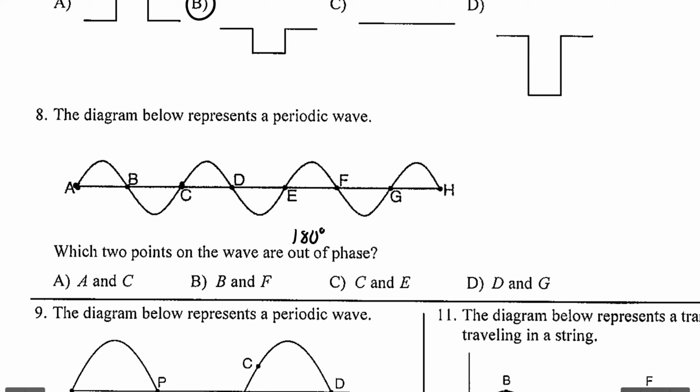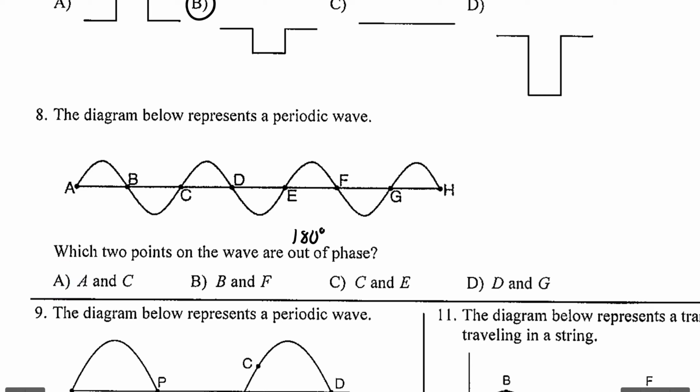And here's a trick. Point B, that's not in phase. And here's the trick how I could tell. This is going up. This slope is going down. So I know it's the opposite point in equilibrium. So A and C are in phase with each other. They're at the same position in the wave. They're getting ready to do a crest, getting ready to do a crest. They're one cycle apart. They're in phase. So it's A and C.